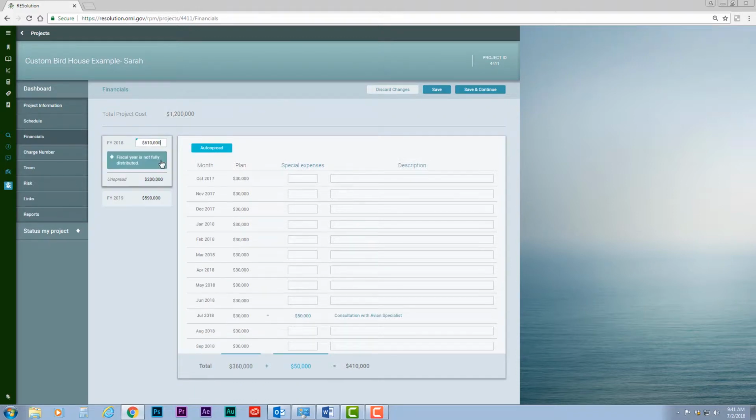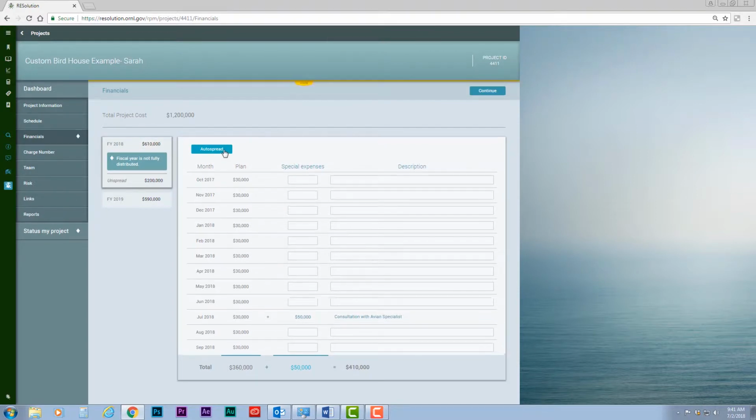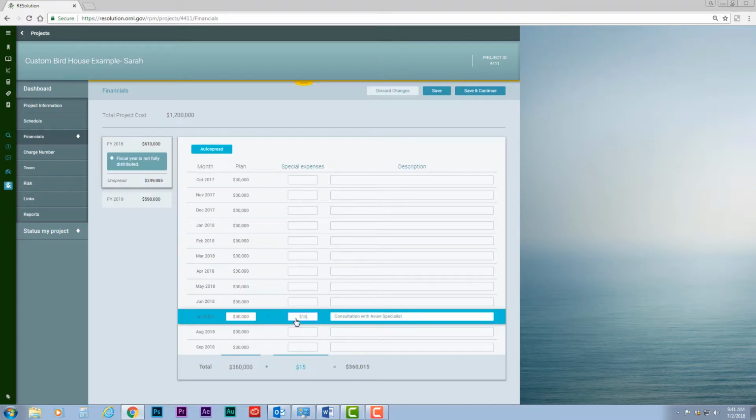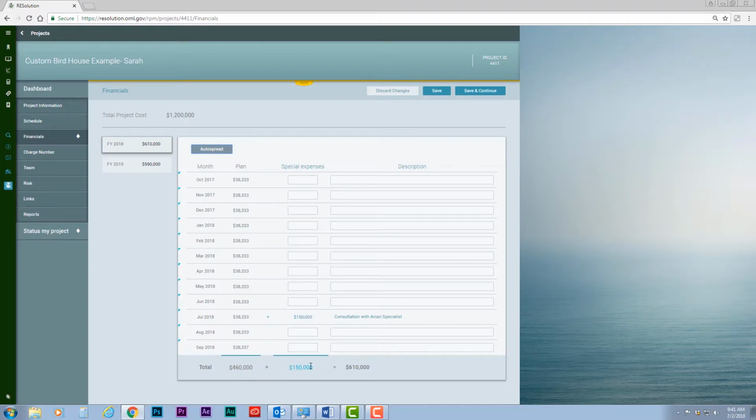Depending on where the project is in the year, users can then press the Auto Spread button to evenly spread the budget across the fiscal year. Special expenses can also be used to identify months where large procurements or expenses are expected. To use, press the Special Expense button and enter the related value and description on the affected month. Users can then spread the remaining budget evenly across the fiscal year with the Auto Spread button, easily creating a